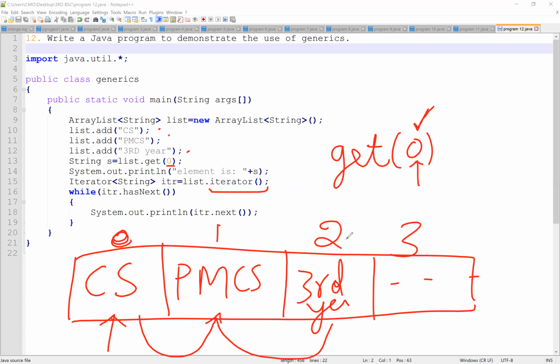Instead of a for loop, we are using an iterator in Java. Why do we use an iterator? Because we have more strings and we need to read all of them. Using the iterator, if it has any next string, it will read it and automatically print it. This is all about generics.